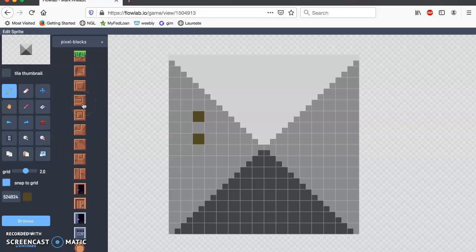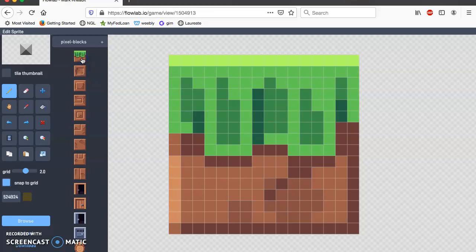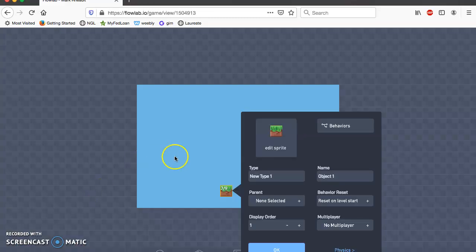So I'm going to go back to the pixel blocks, and I'm just going to choose one of these. Let's do the grass. Okay, so that's fine. I'm going to go ahead and click OK at the bottom. All right, and I'm going to go ahead and rename this. I'm just going to name this ground,